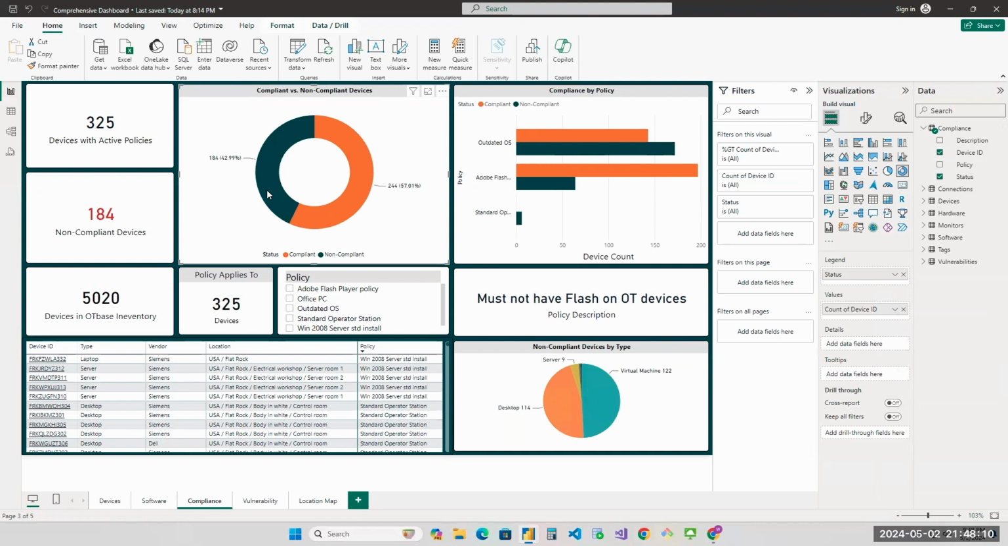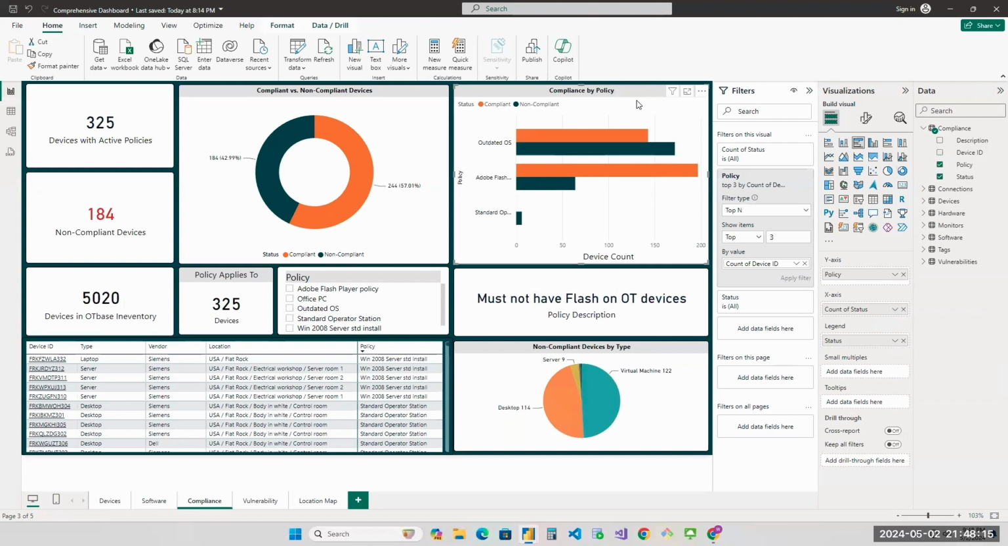Over here, we did a clustered bar chart, which is just this. We dragged it into our report pane. We did status in the legend again to give us our colors, compliant and non-compliant. And then on the x-axis we did the device count, which is counting status. And on the y-axis we did the policy. So we have